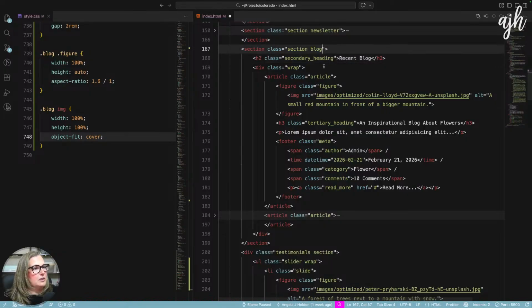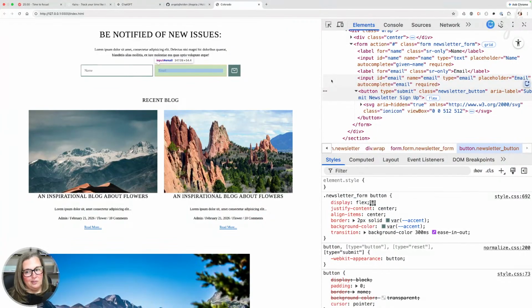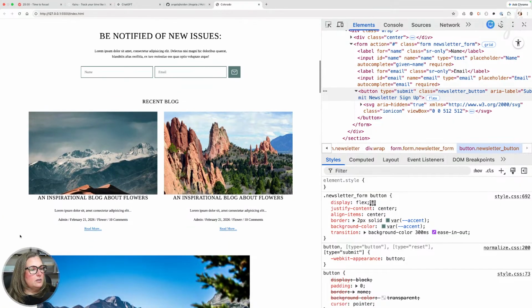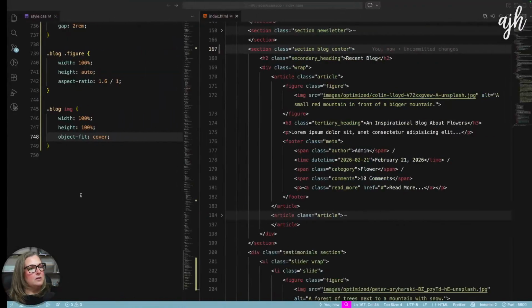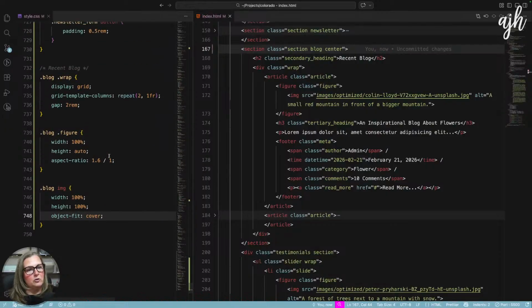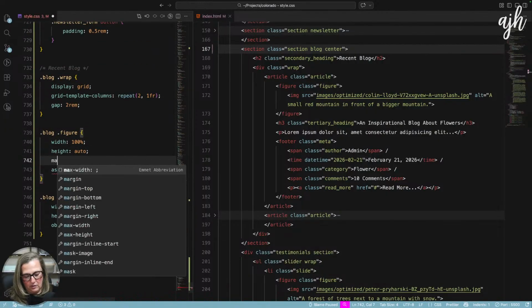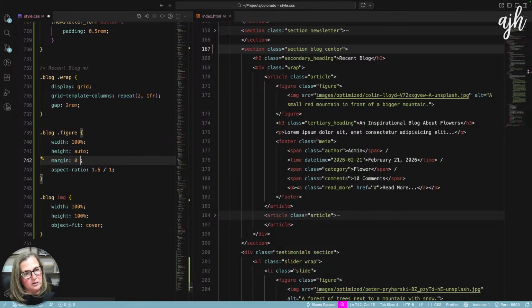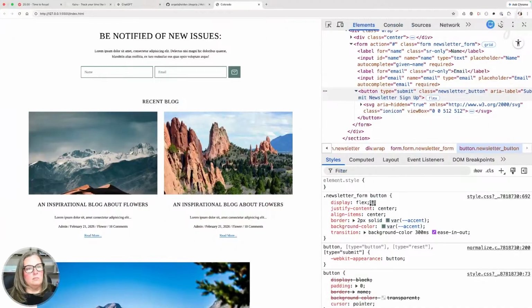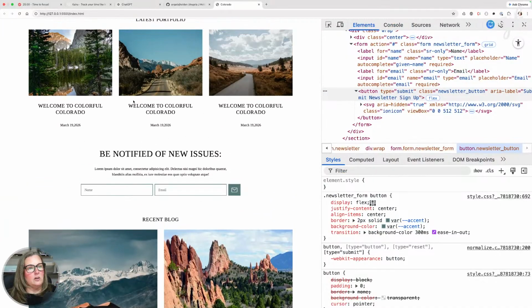Should we just put center on the entire container? Yeah. That works. And then let's add a little space underneath our figures. So we'll just put a little margin there. I'm going to say 0, 0, 2 rems. Is that what I did here? I think so.